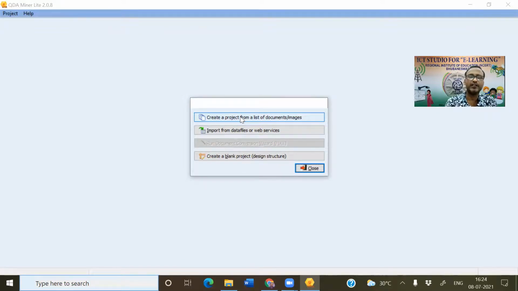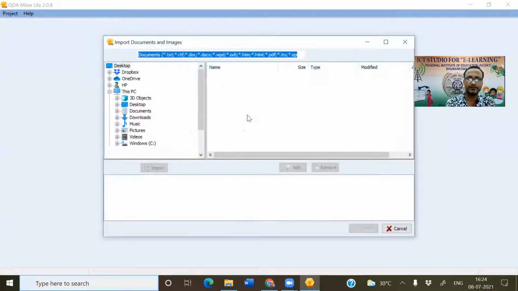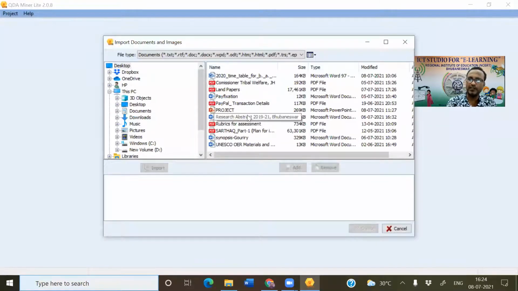Okay. So you click on create a project from the list of documents and images. Once you click on it, a dialog box appears asking where your data is available, that you want to import.